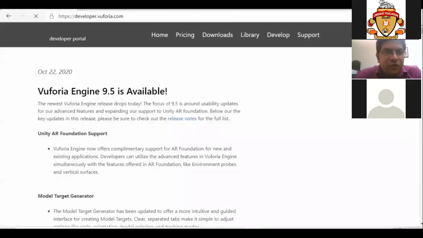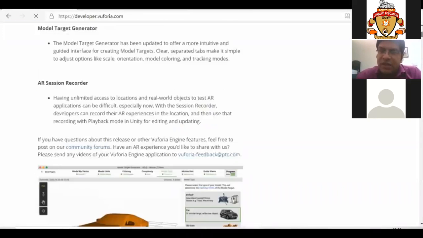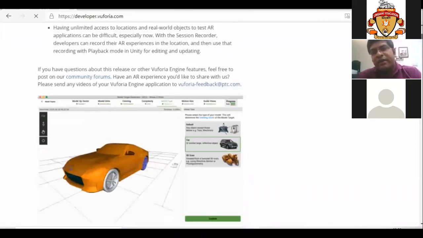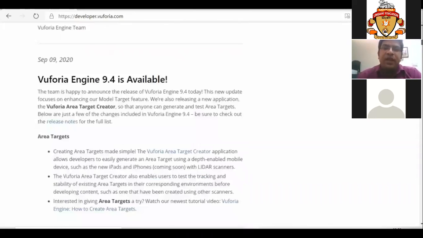Once the Vuforia engine opens, we have to first create an account. We have to create a developer account in order to use Vuforia. For the first time, we have to create an account, and from the next time, we can just log in using the email ID and password.